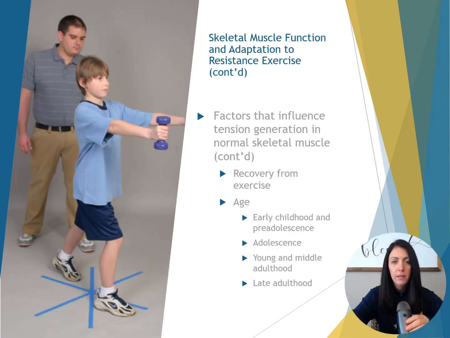Next we'll talk about recovery from exercise. If you were to recover from an acute exercise, force producing capacity, the muscle will return to 90 to 95% of the pre-exercise capacity. This usually takes about 3 to 4 minutes, with the greatest proportion of that recovery occurring in the very first minute. Oxygen and energy stores replenish quickly in muscle recovery. Lactic acid is removed from skeletal muscle and blood within approximately 1 hour after exercise, and glycogen stores are replaced over several days.